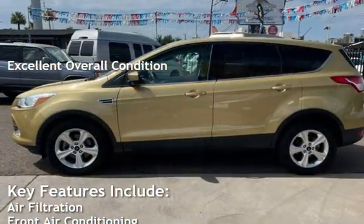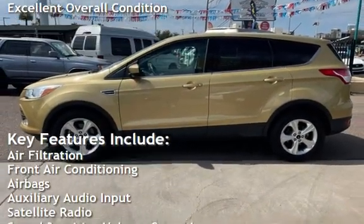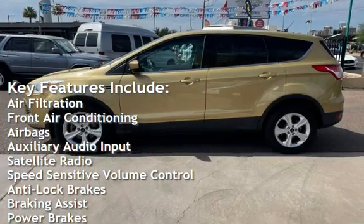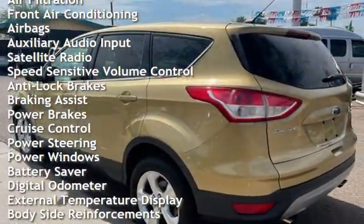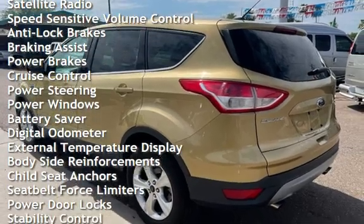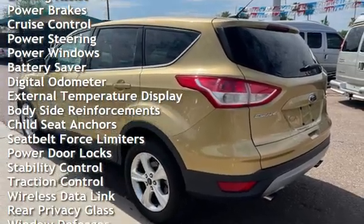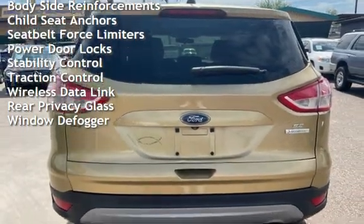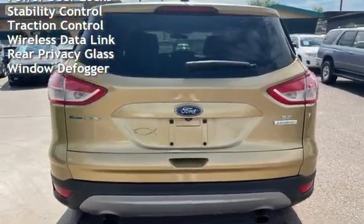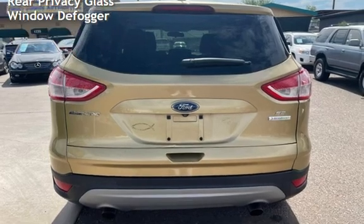Key features include air filtration, front air conditioning, airbags, auxiliary audio input, satellite radio, speed-sensitive volume control, anti-lock brakes, braking assist, power brakes, cruise control, power steering, power windows, battery saver, digital odometer, external temperature display, body side reinforcements, child